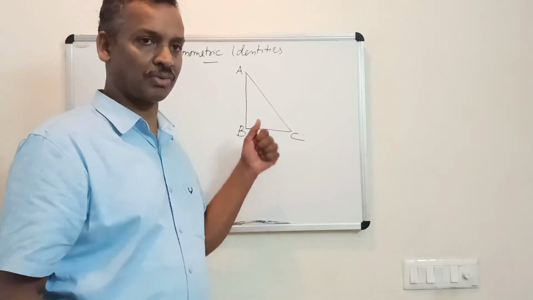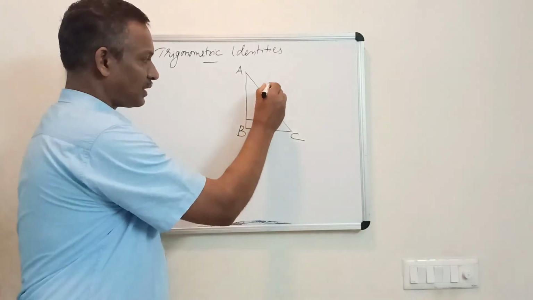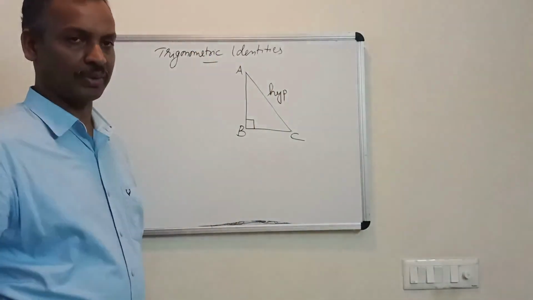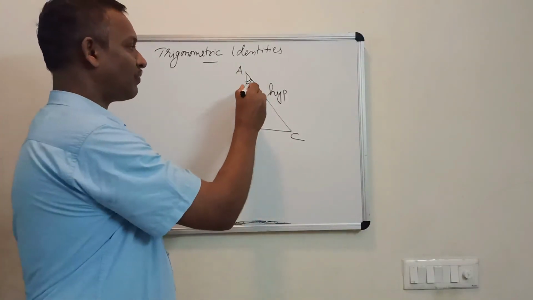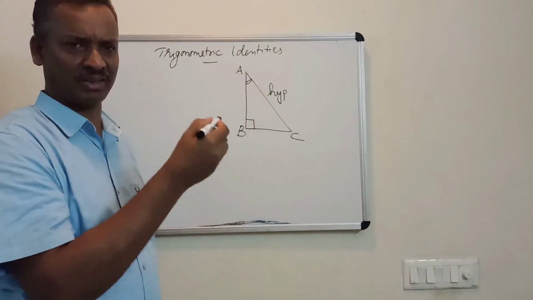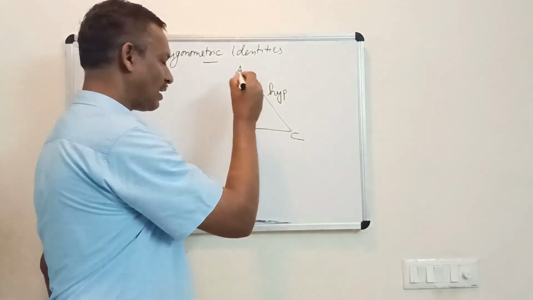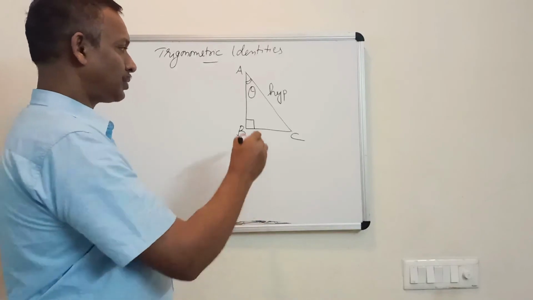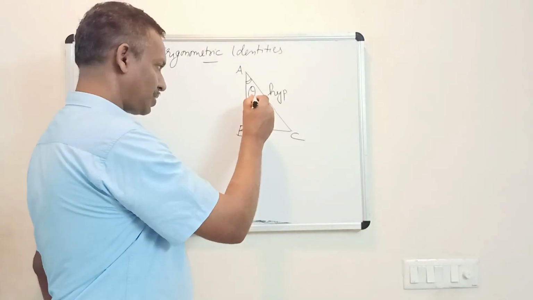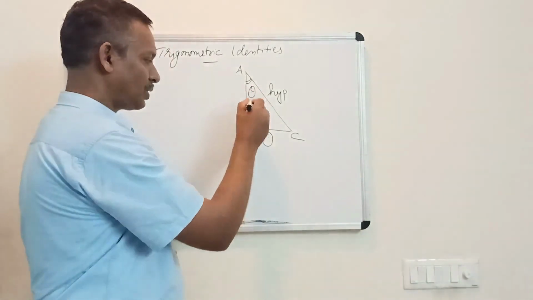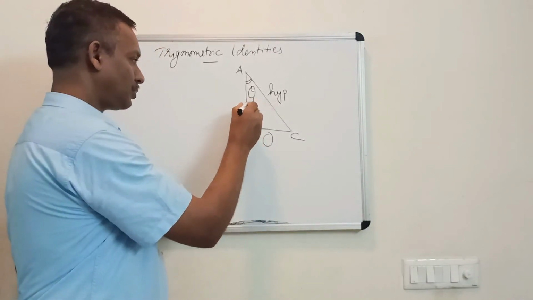Okay, let's move to these trigonometric identities. Based on this right angle, this side is hypotenuse. All of you know it. This is hypotenuse, and I take the reference angle as A. And if you want, you can put some value to it, for example 30 degrees, 25 degrees, 75 degrees. Any angle we can write. And instead of that, I put a Greek letter theta. Theta may be any number like 30, 20. So according to theta, this side is opposite to theta. Okay, I write O only. O means opposite, and adjacent to theta, this side is A.